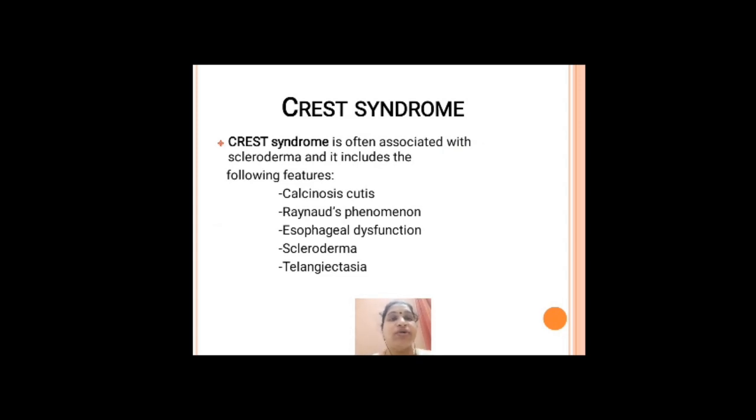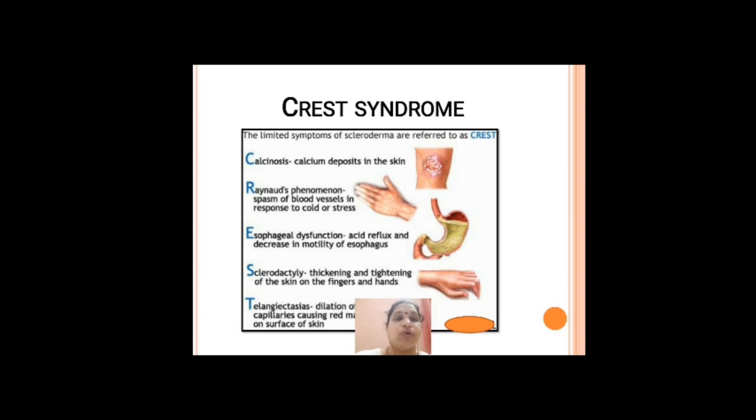There is one more syndrome called CREST syndrome, where C stands for calcinosis cutis, R stands for Raynaud's phenomenon, E is for esophageal dysfunction, S is for sclerodactyly or scleroderma, and T is for telangiectasia. So this is calcinosis cutis, Raynaud's phenomenon, esophageal dysfunction, and sclerodactyly and telangiectasia. So with this, skin lesions are